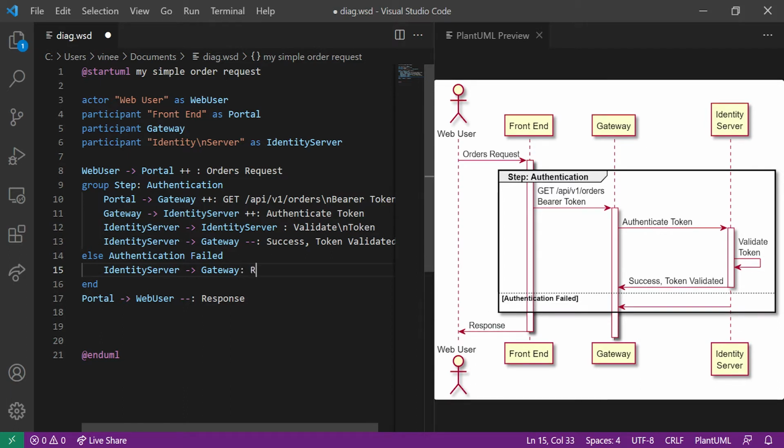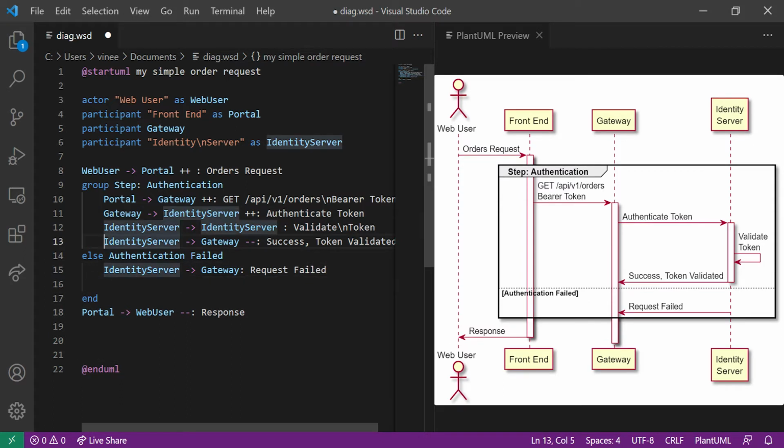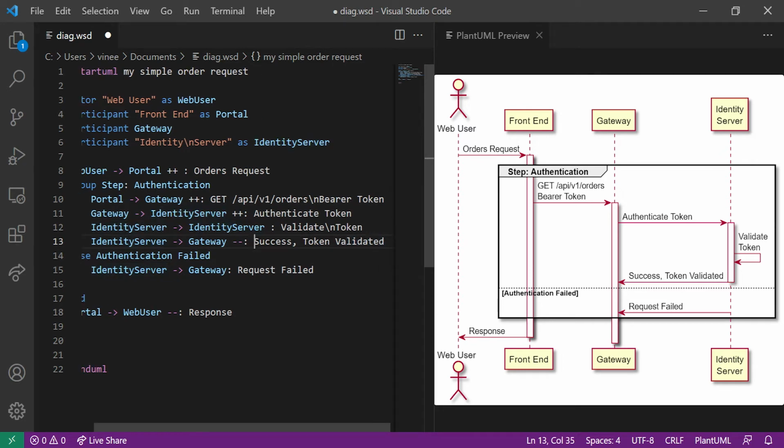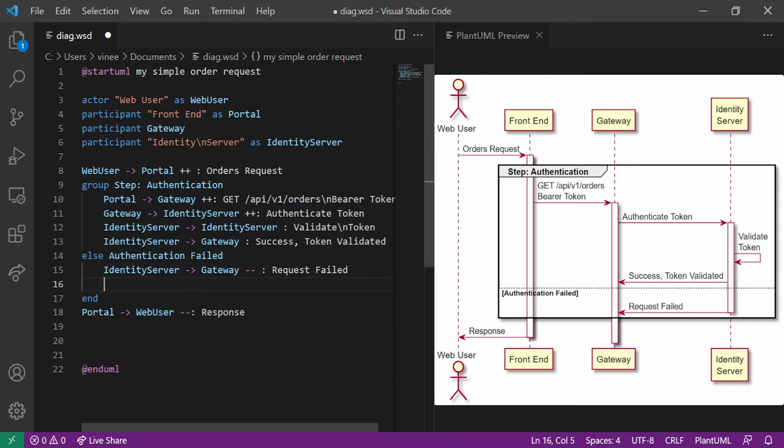That my request is failed. All right, that part is fine. But in this case, the better way is that we do not close the activity over here since we are also having another step, and this becomes a better place to actually close the activity, and we do it like this. All right. Now, once we have the gateway receiving the request, we need to send the request from